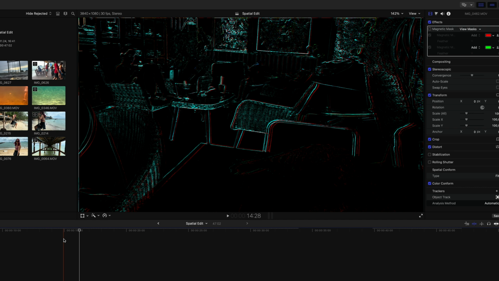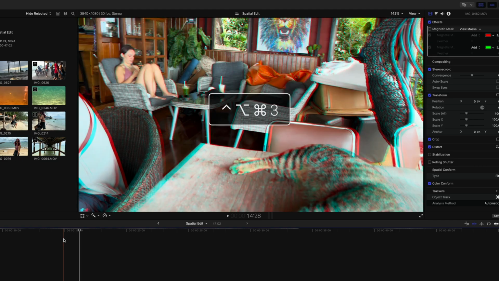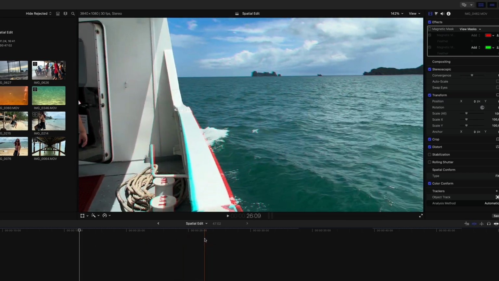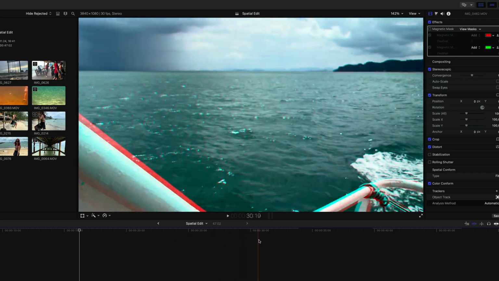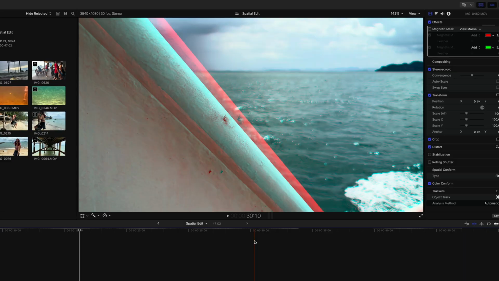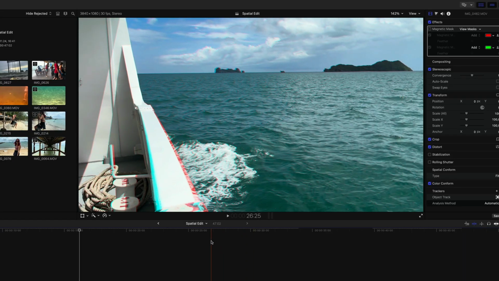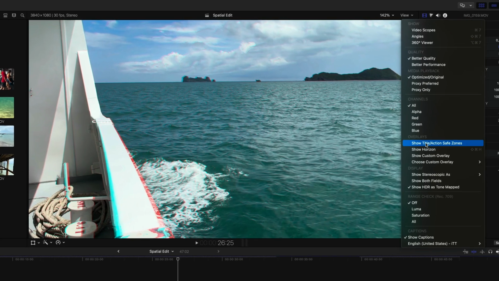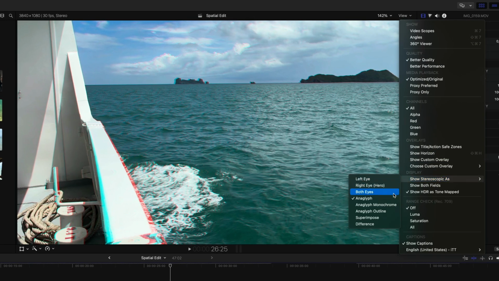Either are better than nothing, since there unfortunately is not yet a way of live monitoring your edit on a Vision Pro, which you might not even have anyway. Simply get a pair of anaglyphic 3D glasses, which are as little as $1 a piece on Amazon, and set it to anaglyph.